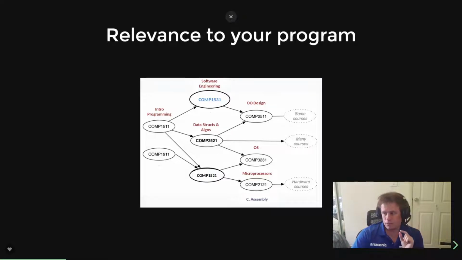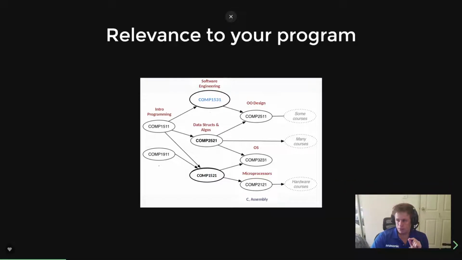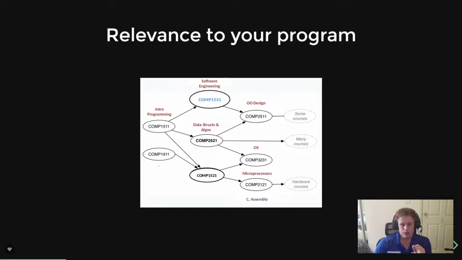The key thing I want to emphasize here, though, is that contrary to the logic the course codes imply, where it goes COMP1511, COMP1521, COMP1531 is not a logical extension of COMP1521, and I just want to make that clear because it sounds like it might be, right? COMP1511, C programming, COMP1521, you get even deeper into software architecture, like a lower level.